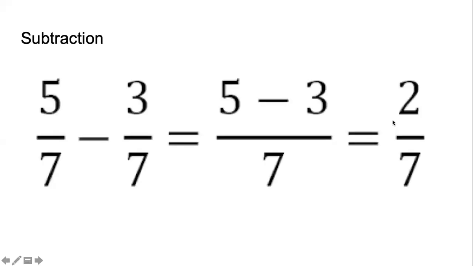Now the subtraction is exactly the same as addition. So when we have like fractions and we have to do the subtraction, for example, 5 by 7 minus 3 by 7, because both the denominators are 7, the fractions are like. So we take 7 as the common denominator and subtract the numerators 5 minus 3, which is 2. So the answer is 2 by 7. The only difference from addition is that there we used to add, here we will subtract, but the method remains the same when the fractions are like.